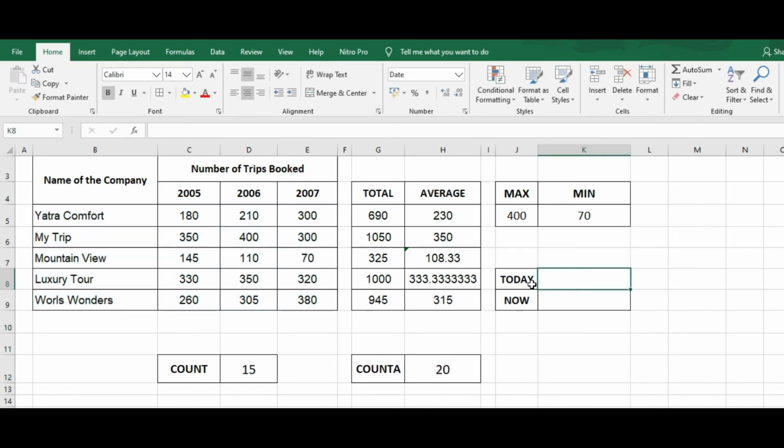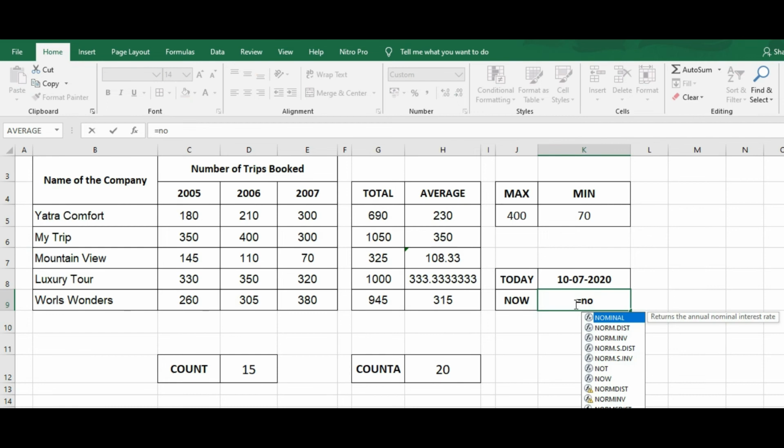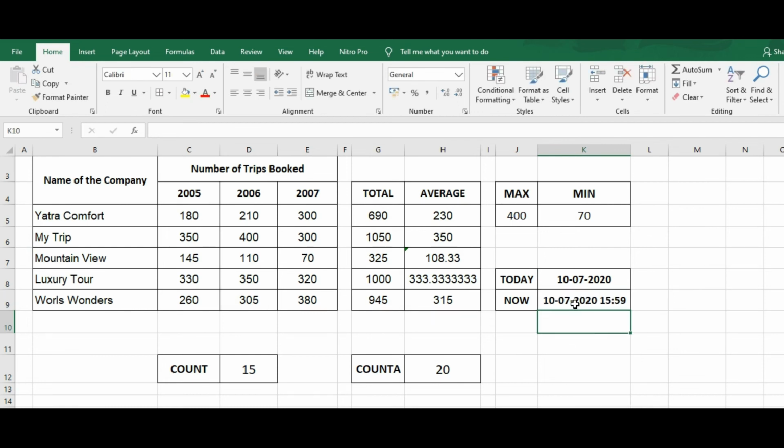Next function, TODAY. The function TODAY is used to display the current date, and the function NOW is used to display current date as well as current time, and obviously the time shows in the 24 hours format.